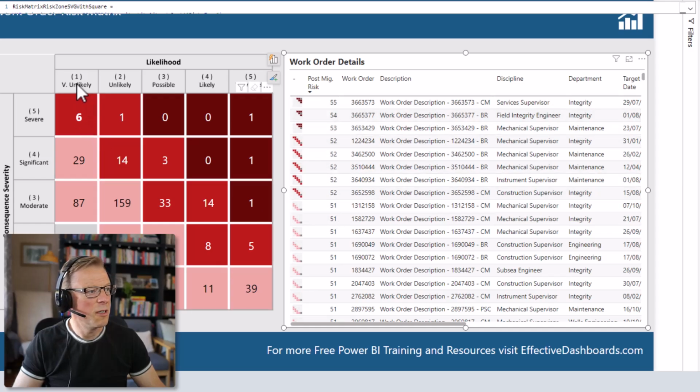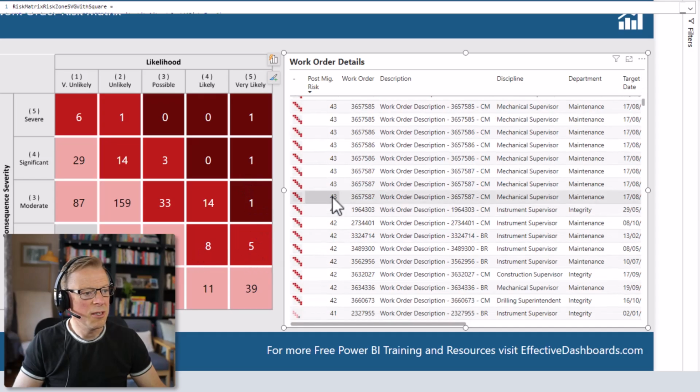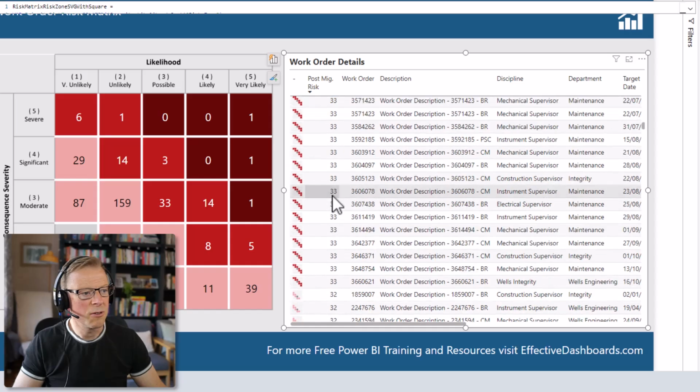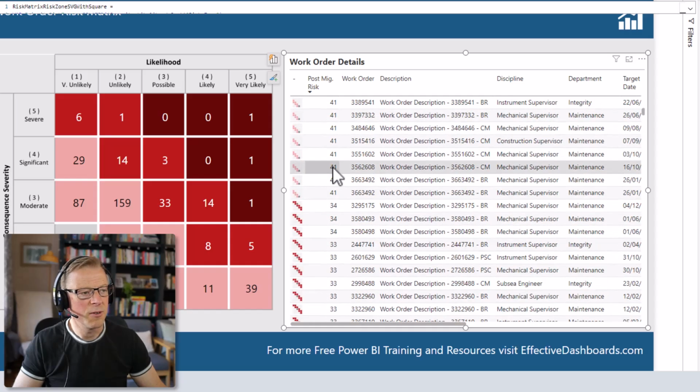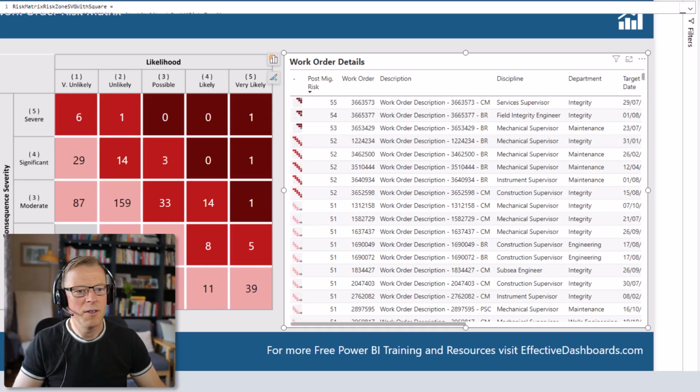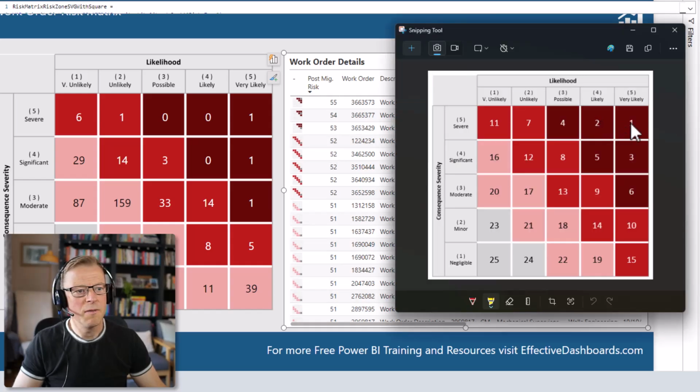Okay, so 51 is here. If we scroll down, we can see that the different colors come and go and they're not in order. Now, what I've done is I've gone and added in this risk sort, and basically I've allocated a number